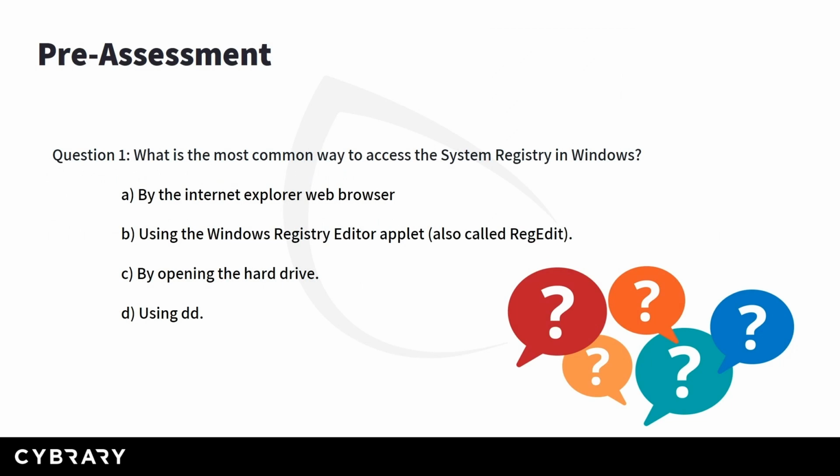Before that, here's a pre-assessment question for you. What is the most common way to access the system registry in Windows? Is it A, by the Internet Explorer web browser, or B, using the Windows Registry Editor applet, also called Regedit, or C, by opening the hard drive, or maybe D, using DD? Although it is true that we can use specialized forensic tools to access the registry, the most common way to access the system registry in Windows is by the Windows Registry applet, also called Regedit, so the answer here is